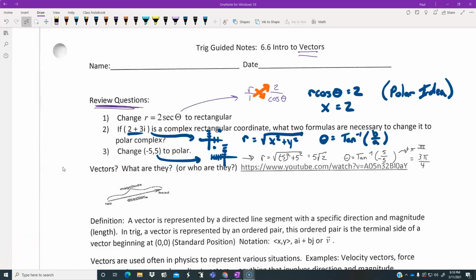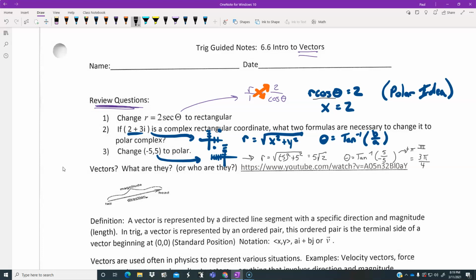And poof, here's some of the answers that you could have come up with out of the actual review. Each one of these I'll talk about because they definitely have an impact on what we're going to be seeing in this next part of the unit. First off, changing something like r equals 2 secant of theta into rectangular, we're going to use the reciprocal method by writing 2 over cosine. Once we do, we can cross multiply and we get r cosine theta is equal to 2,